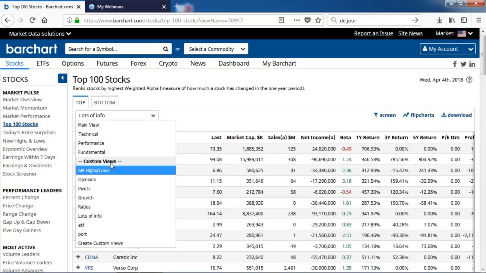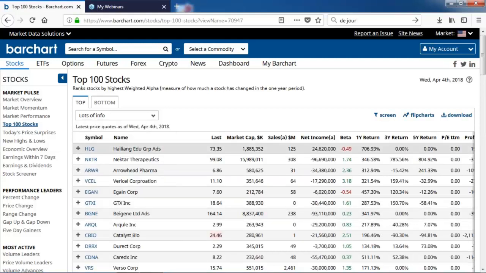So I clicked on lots of info, but I wanted to show you here, there's many different columns. So I'm just going to show you, for example, this lots of info page. I've customized it to put in some columns that I wanted to keep track of, that I find interesting, a better use of the data for myself to help me analyze and filter this to find trading candidates, because that's what this is all about. This is all about being able to utilize the data to find trading candidates and to analyze the market. So let's go through this process of how to create one.